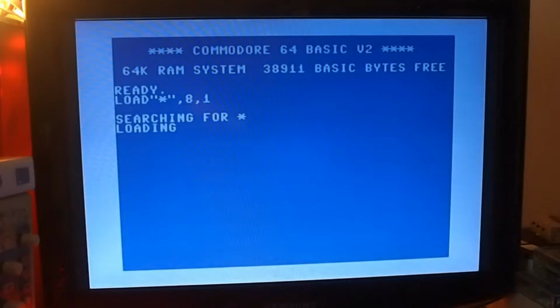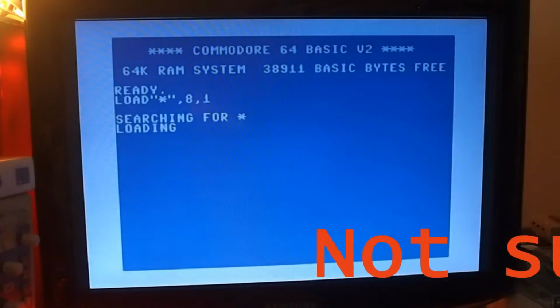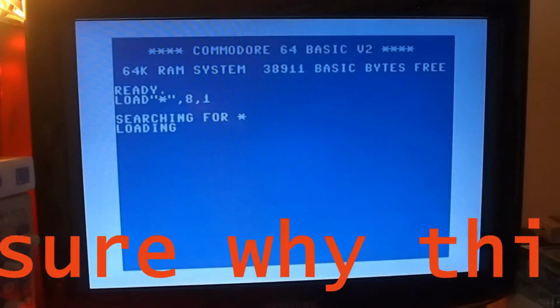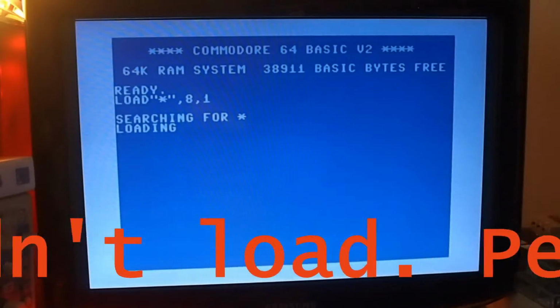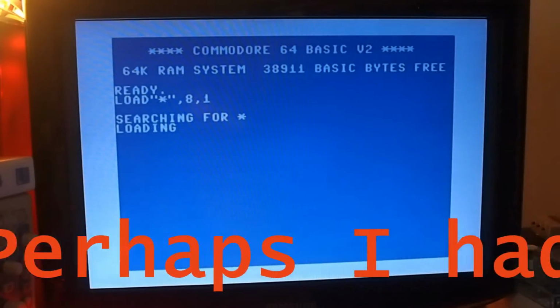Oh, why is this not working then? Maybe I need to give it a bit more time, but I'm not seeing any disk access. Maybe just need to be a little bit more patient,